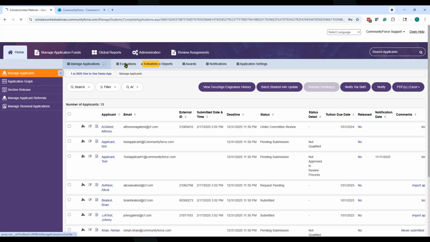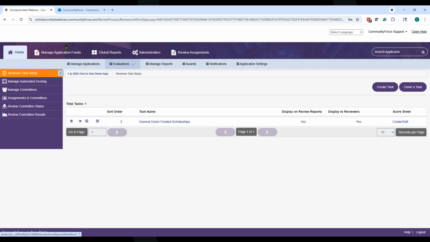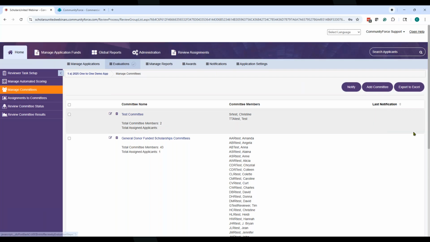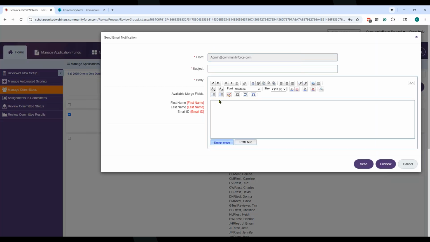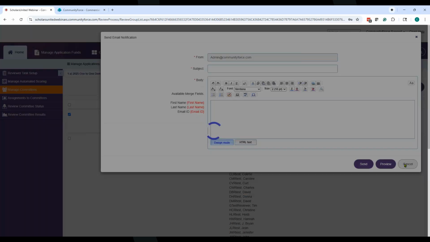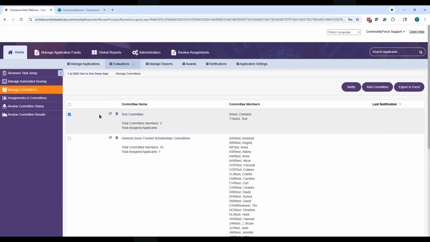Under the evaluations tab of the application form, under manage committees, you can send a message to the entire committee by selecting here and hitting notify, and then creating a quick message to all of those members, by typing your message and clicking send. So that's under manage committees: select the committee, hit notify, and that'll submit a message to all of the committee